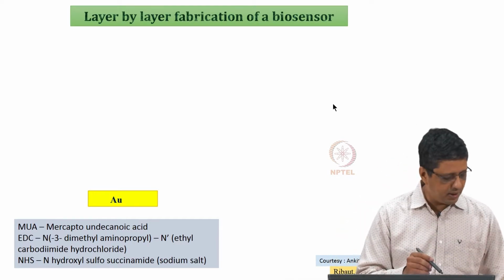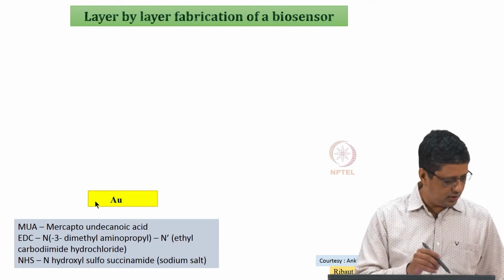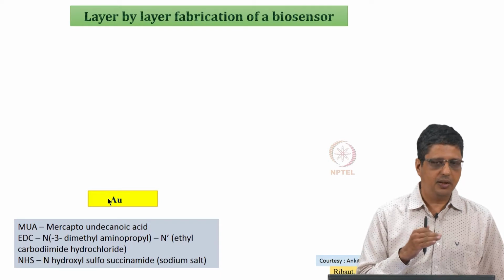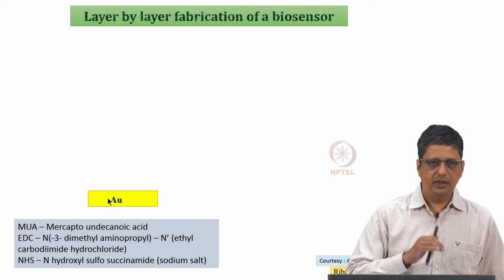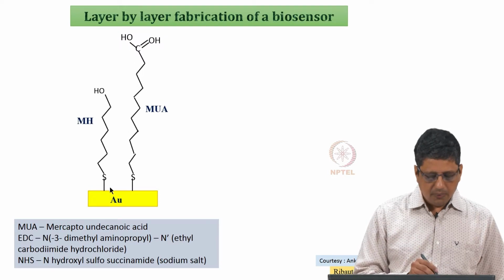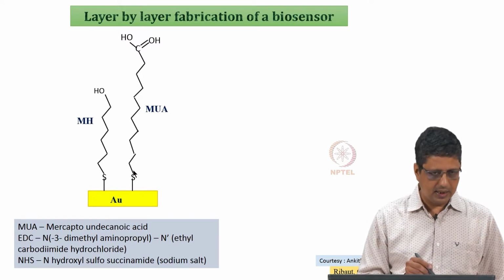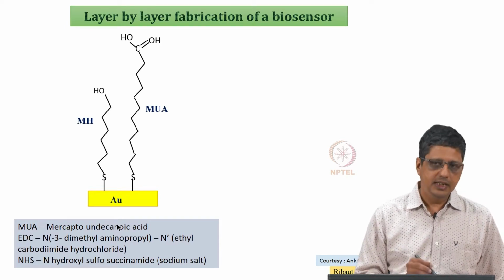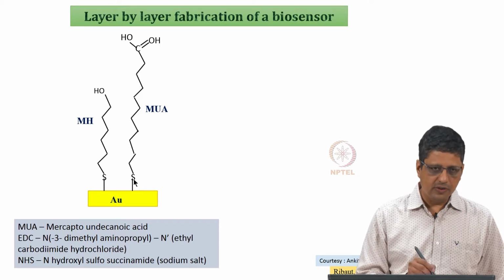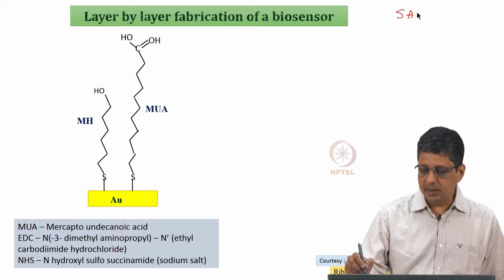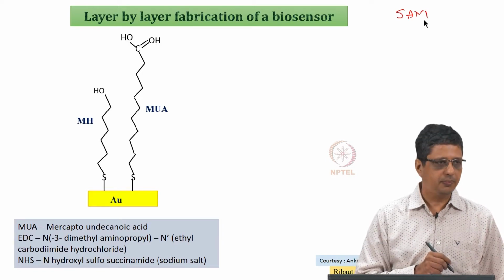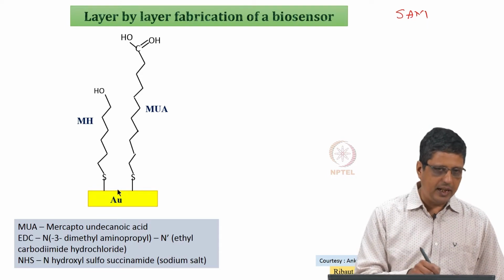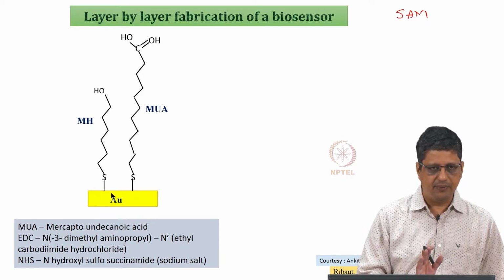So, to bind an antibody to an electrode, you have to go through certain steps. A gold electrode is normally used, although there are many other combinations available now, but it is kind of a starting point. Organic chemicals, alcohols and acids which contain sulfur, are called mercaptans. These chemicals are first used to form what is called a self assembled monolayer. Sulfur has an affinity to gold. So, if you put these chemicals, they will all line up in this fashion, or that is again the expectation.